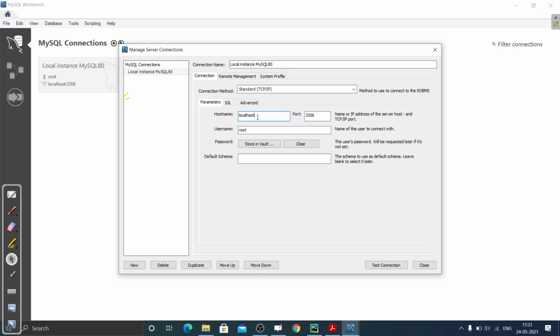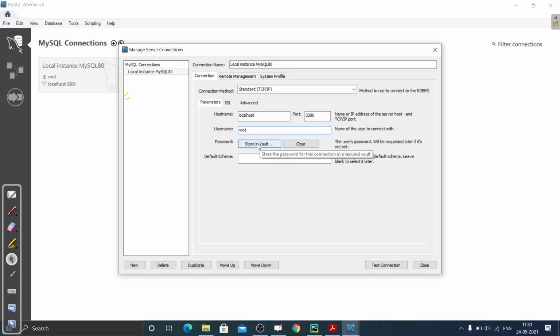So this is what it is. You can actually change it, you can name it whatever you want. But by default here you can see it is written localhost, and this is our port number. This is the username, which is also saved by default as root. That's why we were writing root, and password.